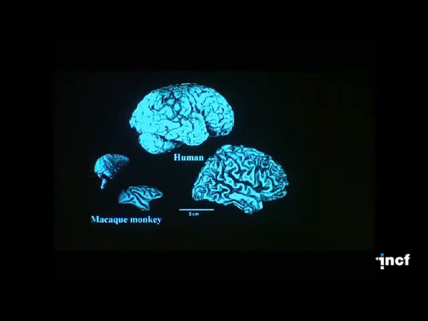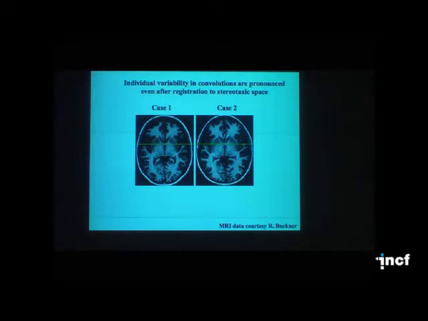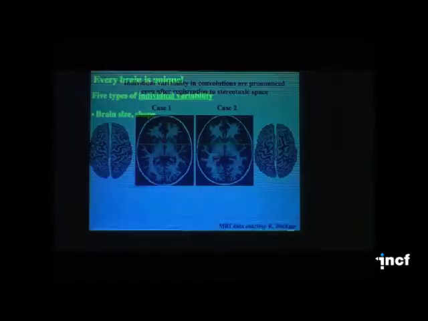Okay, let's move up to humans now, and first of all make a few important comments about individual variability. If you take two brains, their MR scans, and put them in the same size shoebox, that is, register them to a common atlas target, you see the detailed pattern of cortical folding is not aligned, and that's because the folding pattern is highly variable from one hemisphere to another and from one individual to another.